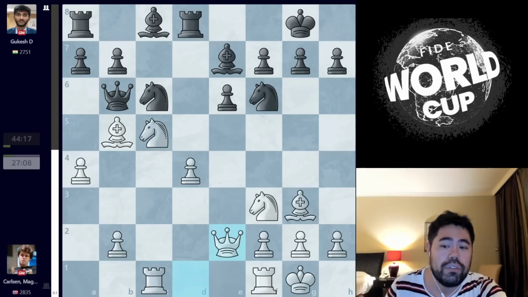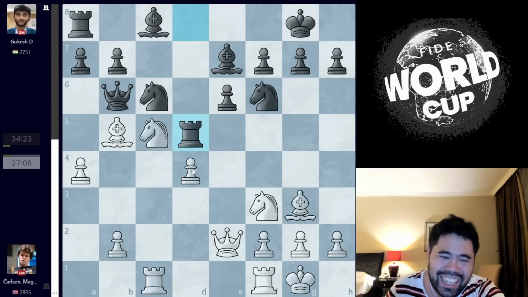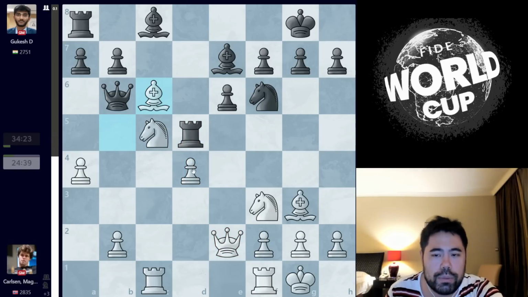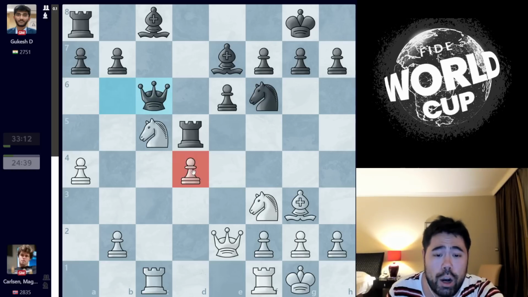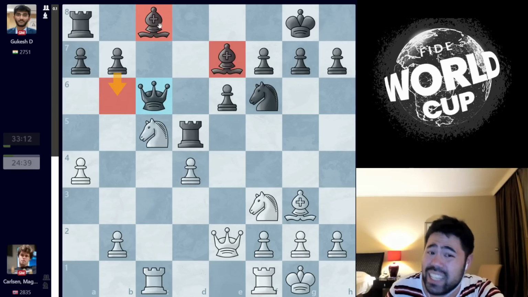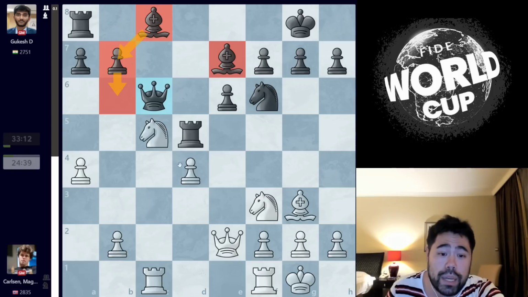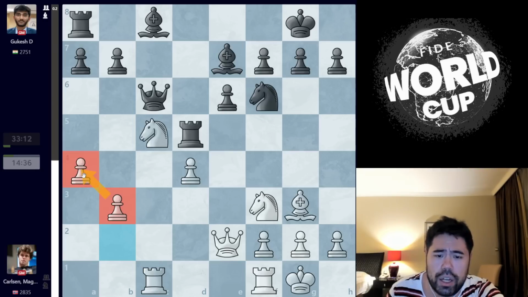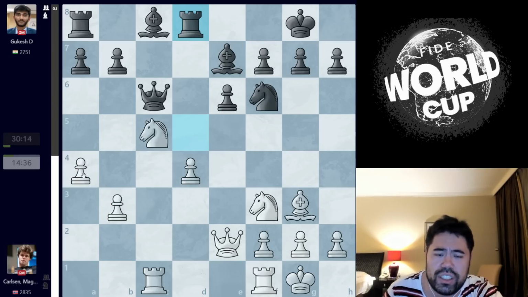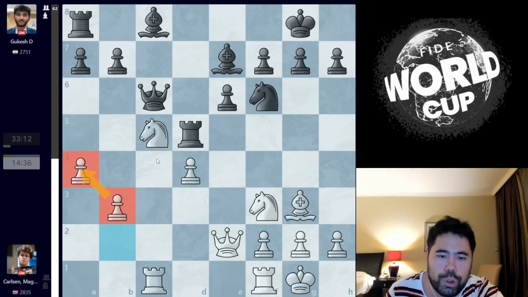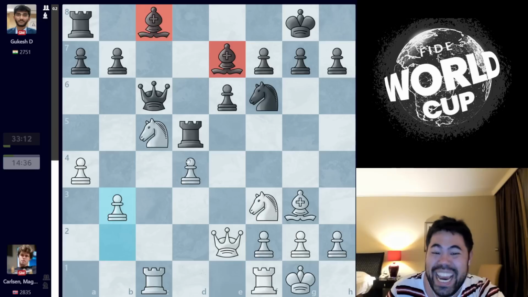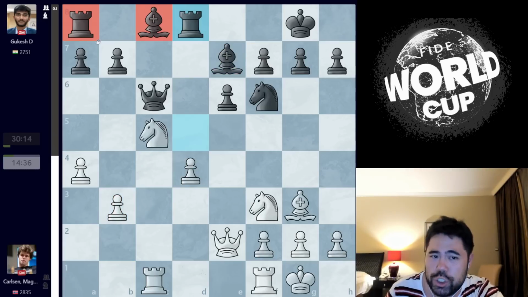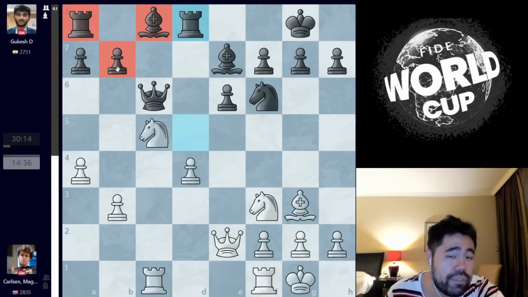So Magnus is feeling a little bit uncomfortable here, getting slightly low on time. He decides to trade the bishop for the knight, and this is a fairly serious mistake. Because after queen takes bishop, now black has the two bishops. So if black can ever finish his development, black will be better due to the two bishops and this weak pawn on d4. Here, Magnus plays b3, trying to protect the pawn on a4, and now Gukesh plays rook to d8. Gukesh does not need to hurry here because he understands with the two bishops and this isolated pawn, if he can ever finish this development on the queen side, he will have the advantage.